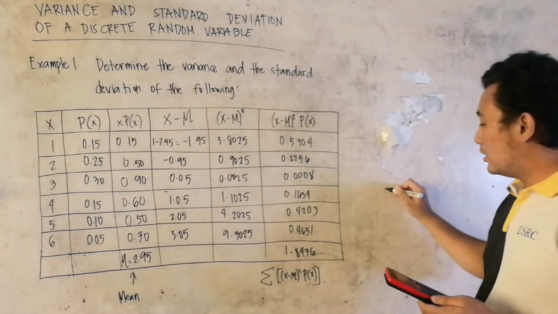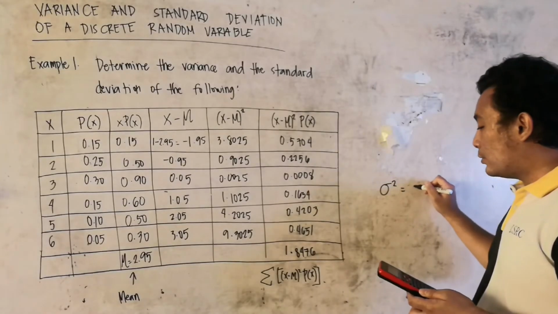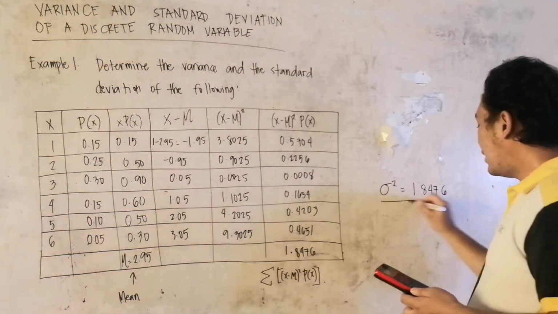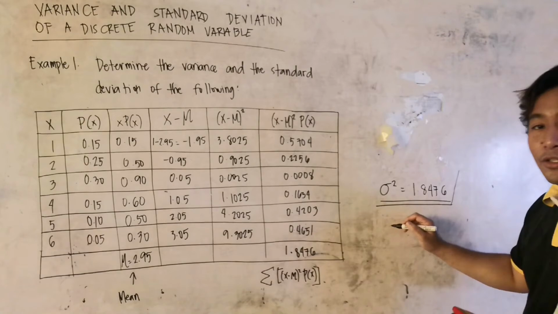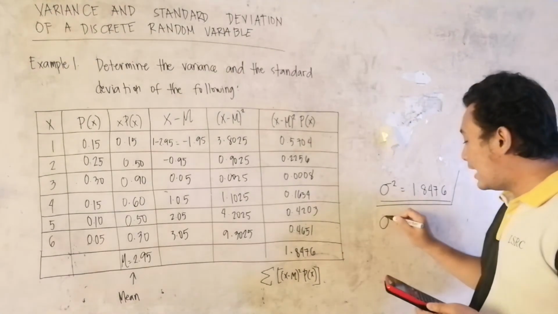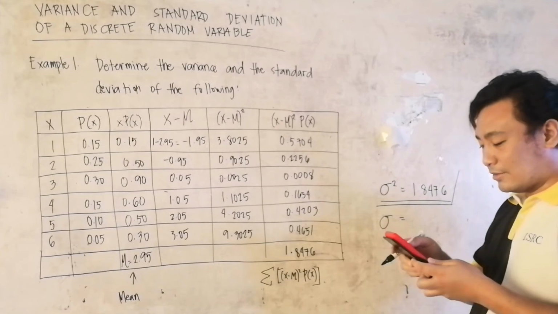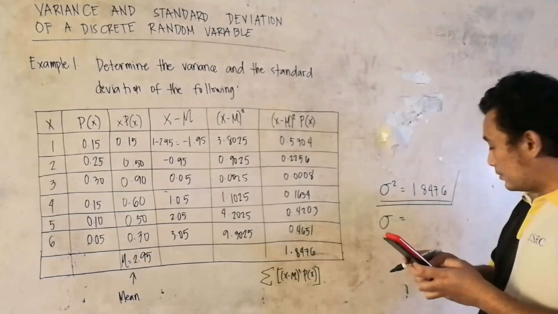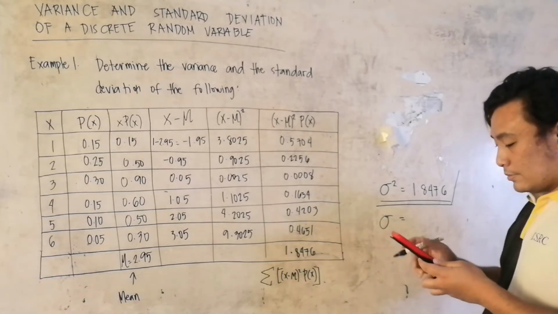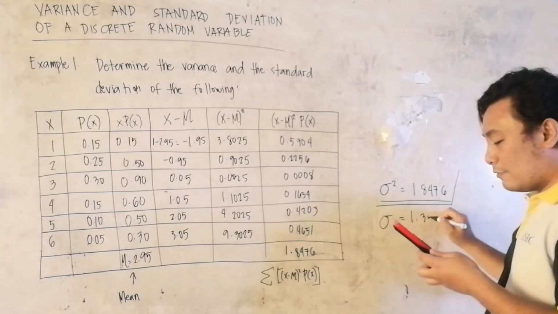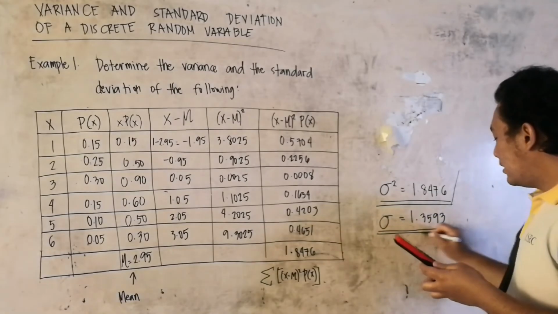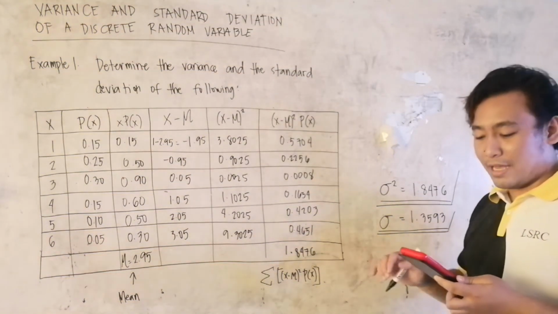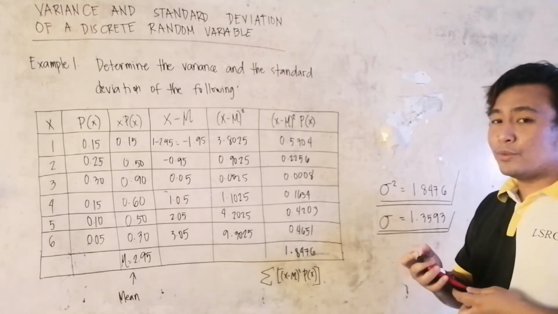Therefore, the variance is equal to 1.8476. And to solve for the standard deviation, kukuhanin nyo lang yung square root ng variance. So the square root of the variance is equal to 1.3593. Therefore, ang standard deviation natin ay 1.3593. So, how are we going to interpret